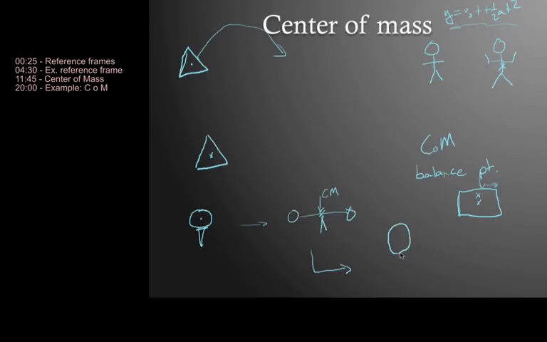Like maybe a tennis racket or a baseball bat or something like this. Where would the center of mass of this racket be? You could try to balance it on your finger this way or that way. We'll probably find out that it's a little closer to this handle than to the racket part. So it's not just talking about where's the center of this object. It has to do with how the mass is distributed in the object.